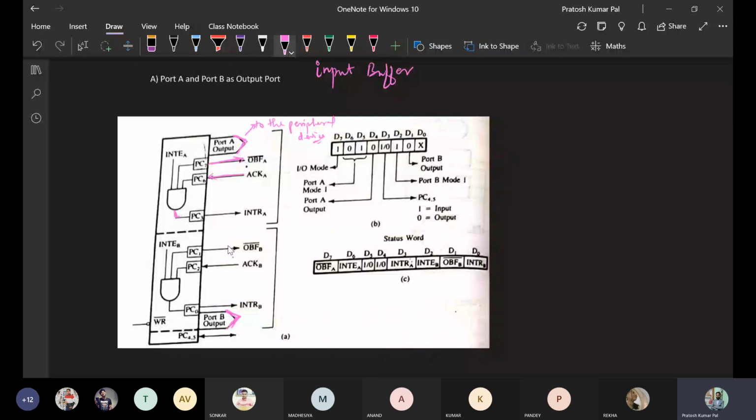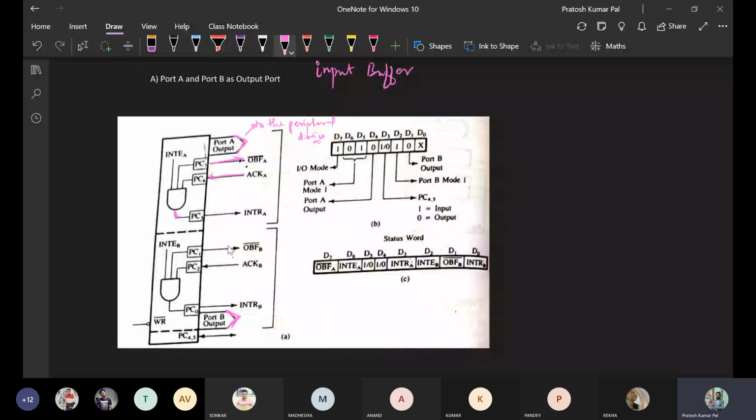In case of port B, PC4 and PC5, PC6 and 7 are going to be working. PC4 and PC5 will be working as either input mode or output mode.